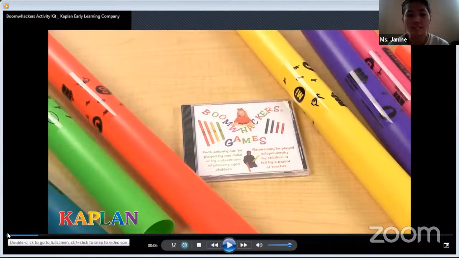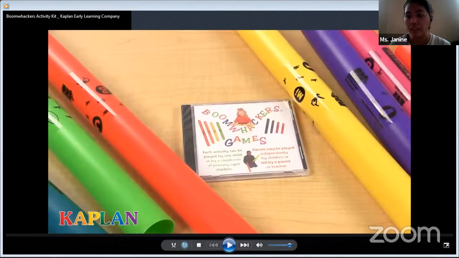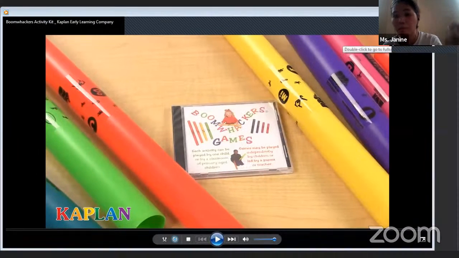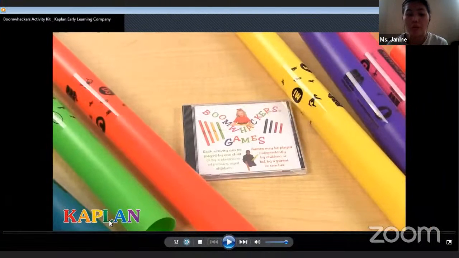This is one of the examples of the music activities that you can ask the kids. You can use different tools or equipment, not literally the musical instruments. I believe we can create different sounds even just using our hands, right? By tapping the table or tapping our thighs. So that is one of the musical activities that we can do.